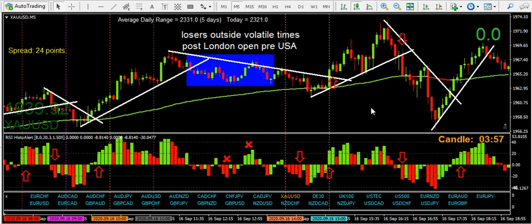And if you're a novice, don't let it overwhelm you, because really, all you have to do is find tools that work for you, whether it's a 3 candle reversal, or whether it's trend line breaks, ascending, descending, and so forth, or whether it's a moving average or pivot points or whatever. Find something that you're comfortable with.